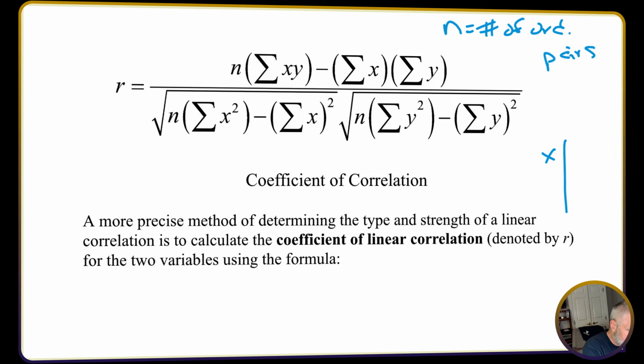So we have some X, Y, we have 0, 1, 1, 5, 2, 10, whatever we're looking at all the way down. How many ordered pairs do we have? Of course, that would be 1, that would be 2, that would be 3, all the way down. So that's what N represents. The X values are just what they are. So in the case of the numbers that I put at the side here,